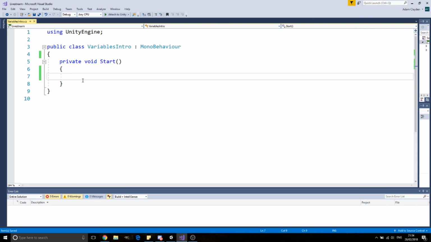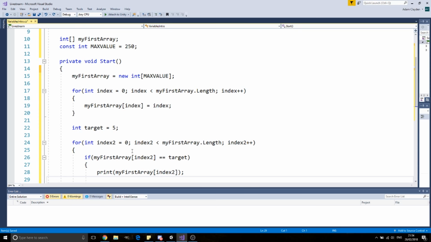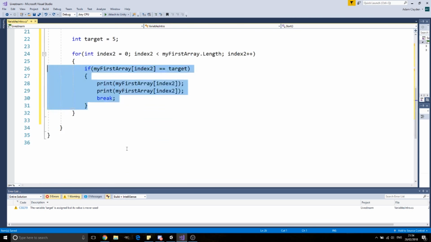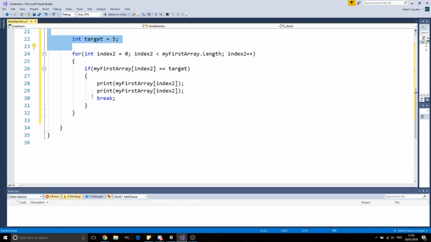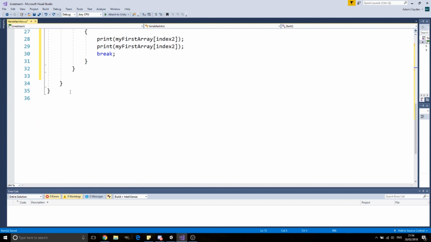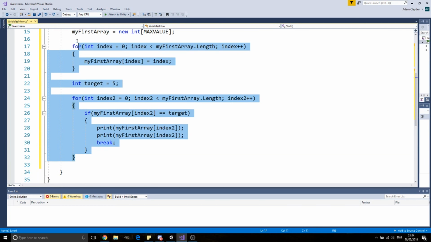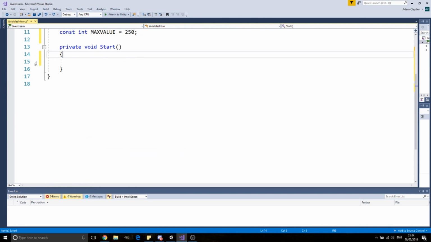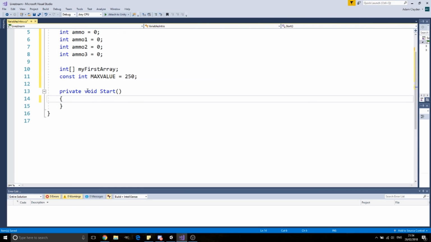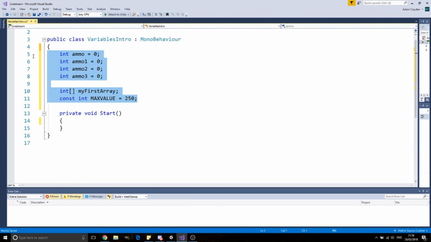Right. A method, or a function in other languages, is a way for you to separate your code into more manageable chunks. So you saw before, if I just undo a couple of things, we've got all these different parts happening in the same method. And if you keep doing that, this one method is going to get huge. You could have hundreds of lines of code that does things, and that's not really any use to people. It becomes very hard to debug, hard to read, and then you quickly lose track of what that method was